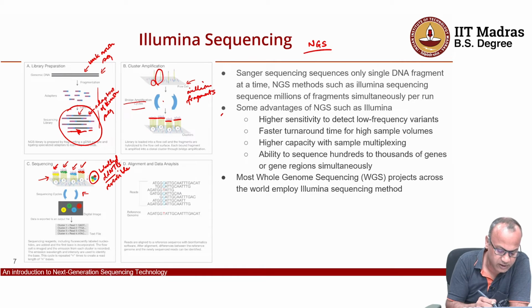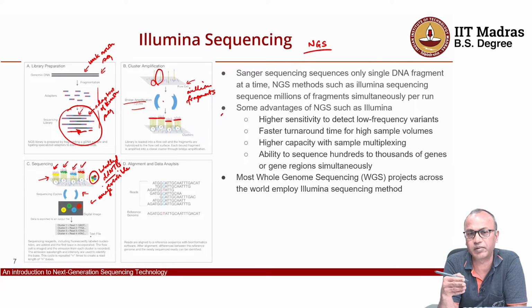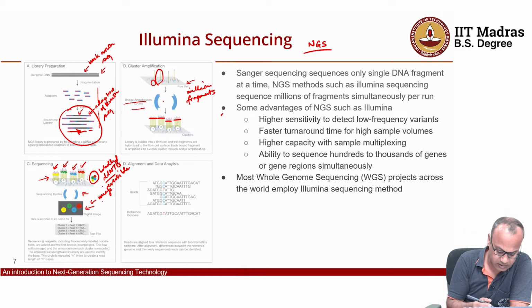So after one addition of all these ddNTPs, a digital image is taken of the whole flow cell, and then you add some chemicals to remove the 3' hydroxyl block, and then you repeat the cycle again, because now the 3' hydroxyl group is available, DNA polymerase can add the next one. So if you keep on repeating this and you have a particular image with coordinates defined, right, from 0 0 coordinates defined for all the